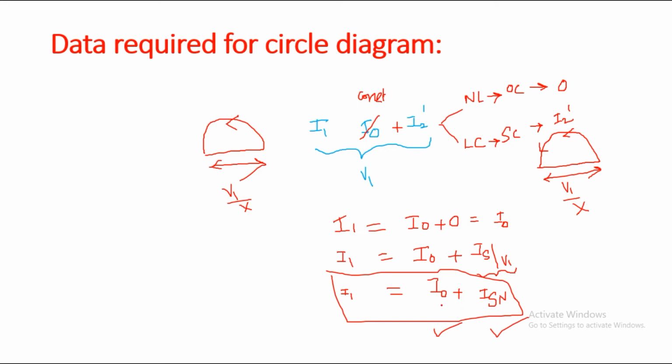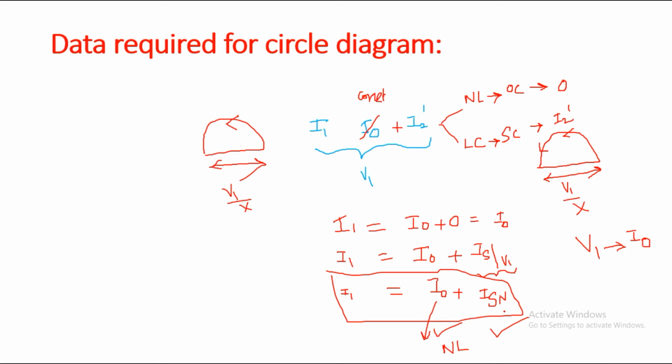For obtaining I0, we can go with a no load test, because we know in the no load test we can feed the machine with the normal supply voltage. With the help of that no load condition we can get the value of I0. So this is possible by conducting a no load test on a 3-phase induction motor.